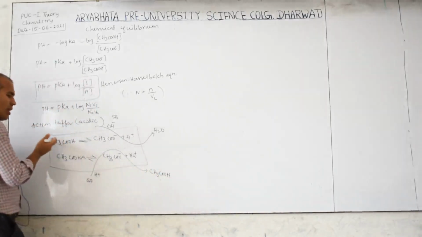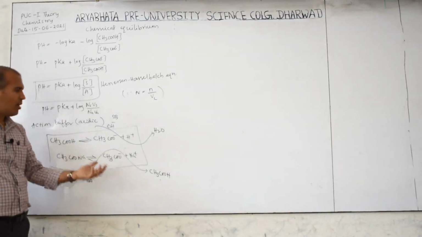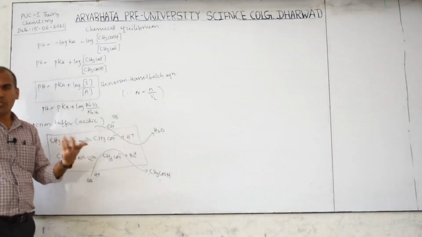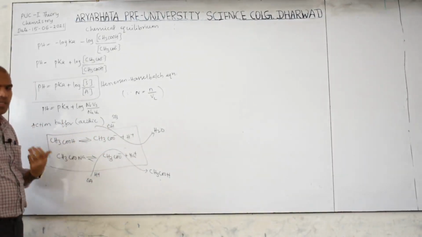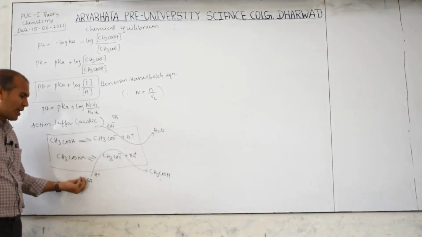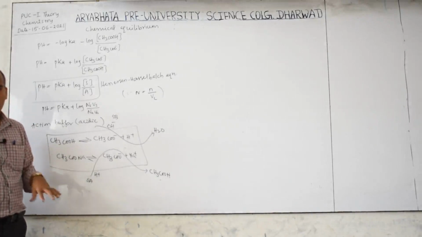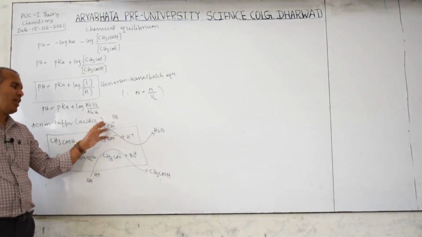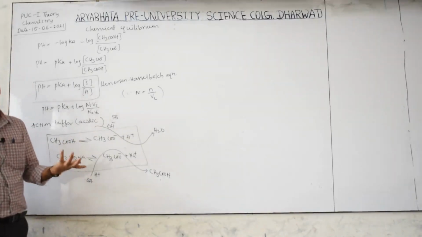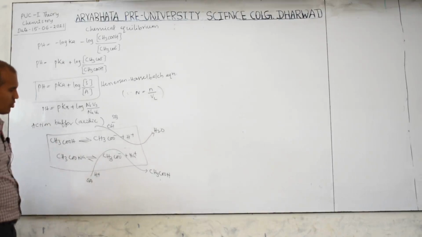This CH3COOH is unionized form. Unionized form means there is no producing H plus ion. When it gives H2O, H2O is neutral, therefore it maintains the pH constant. How these are maintained constant means when you add strong acid it reacts like this and produces unionized form. When it is not ionized, there is no change in the H plus ion concentration, pH will remain same. When you add OH minus, this H plus and OH minus come to form H2O, water is neutral, therefore there also is no change in the buffer solution. This is called buffer action for acidic buffer solution.